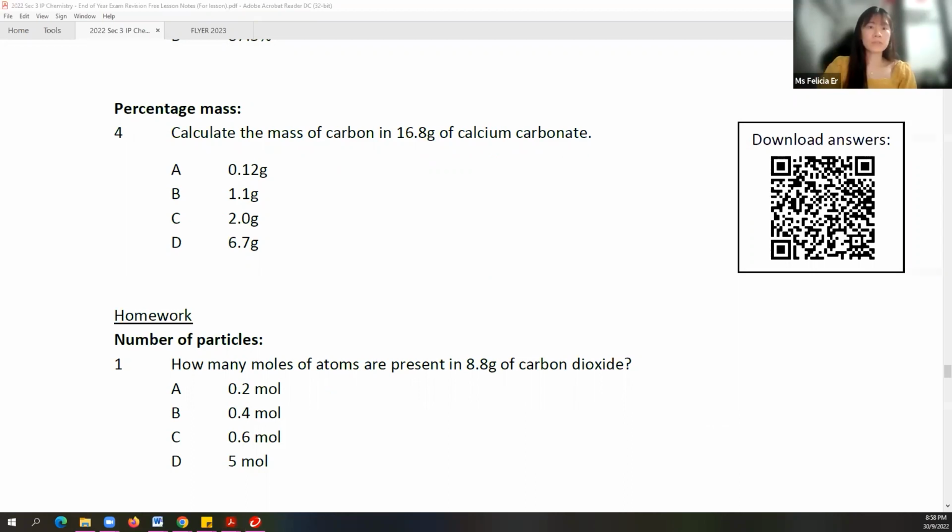So all of you can get it, right? Okay, so for those of you who don't need the mole concept for your Sec 3 end of year, you can leave already. Yep, so by the way, wait, before you leave, just to let you know that